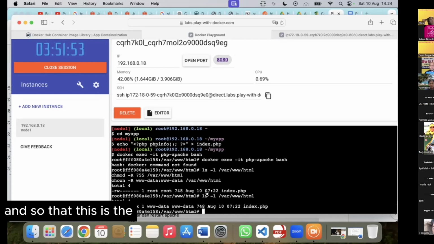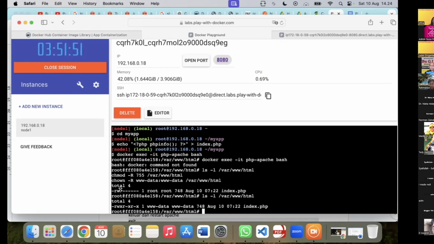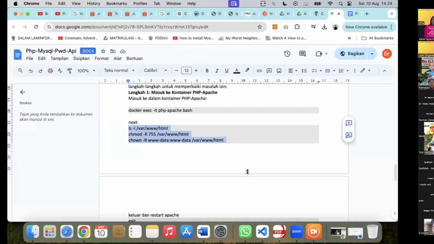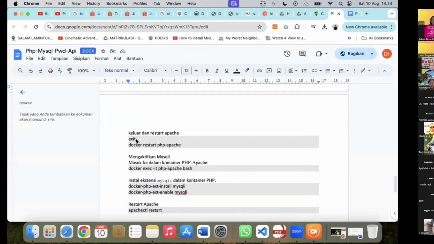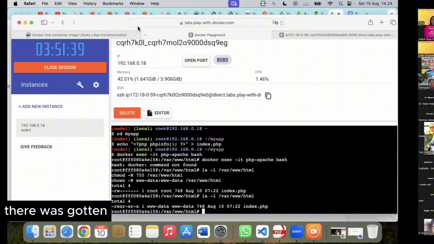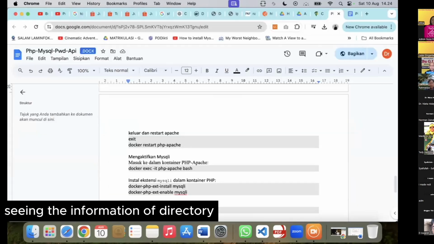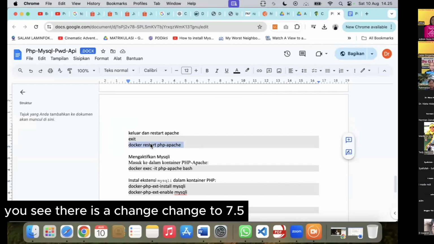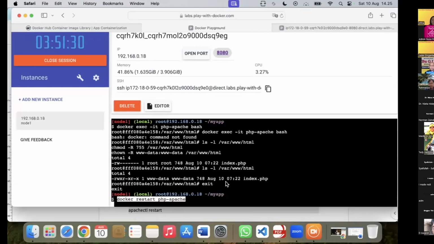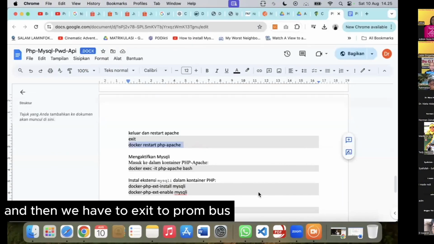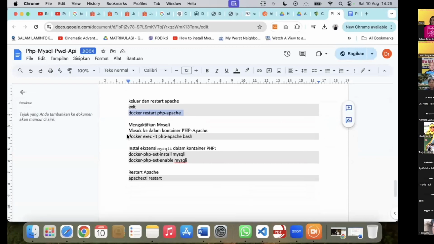Ensure that this is the before permission, and if we try again the first command and see the directory information, you see it changed to 755. And then we have to exit from bash.